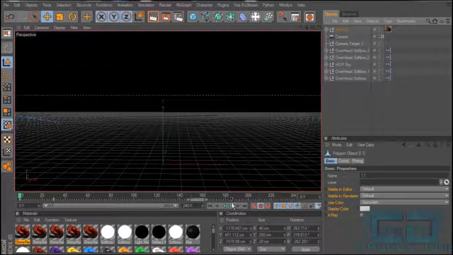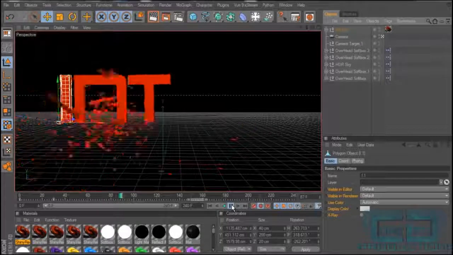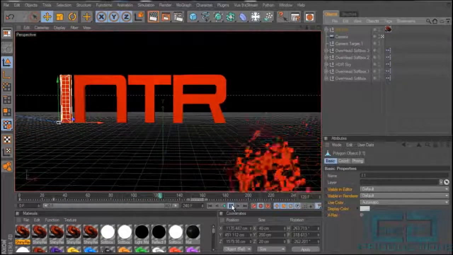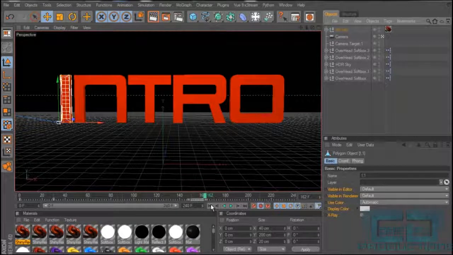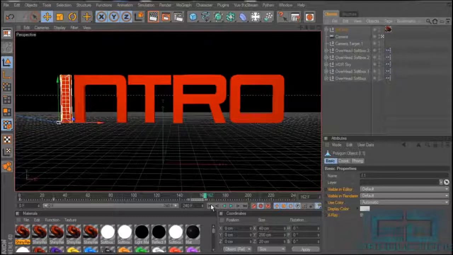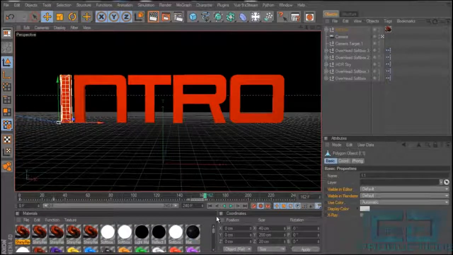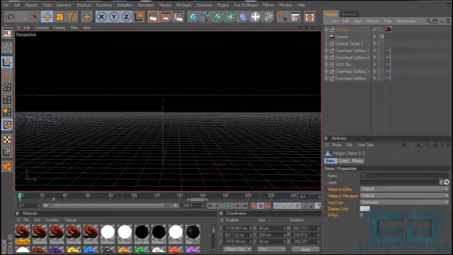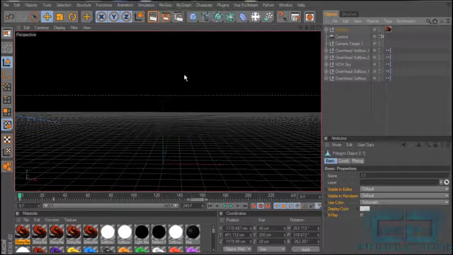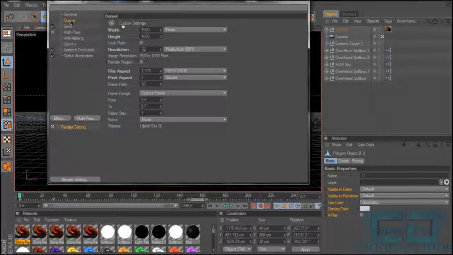So back to camera mode. As you can see, those are coming in pretty nice. And the reason why you're getting all these little pieces right here is when we had set those n-gons earlier. If not, it would be a little bit more obvious as the letters are coming in, because you would just see like a big N right here with some other pieces coming in, and it wouldn't exactly look the way you would want it to, in a sense. So now that's done. Render settings, all that's checked for you right there. I don't know what you guys want to